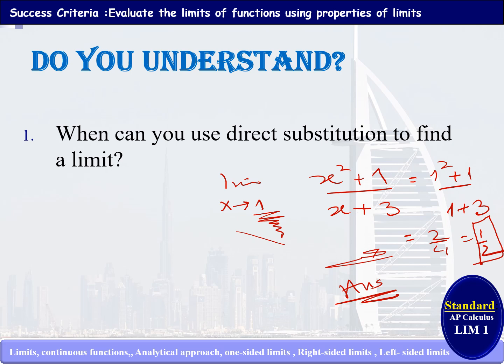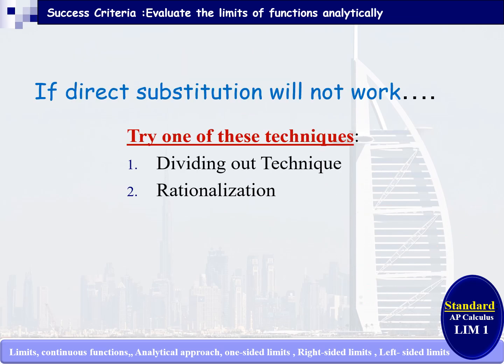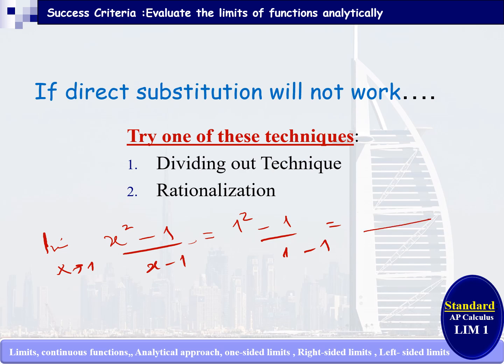This is said to be the direct substitution method, which means that when we apply the limit, we get a particular answer. So what if we don't get the answer? For example, if I have the limit as x approaches 1 of (x squared minus 1) over (x minus 1). If I replace the limit directly in the calculator, I will get an error. And if I solve the numerator separately, it gives me 0, and the denominator separately 0,